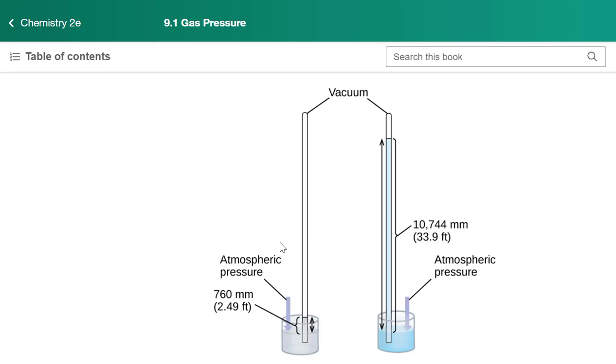So what's going to happen is that atmospheric pressure is going to push the liquid up into that glass tube. And the distance that it goes into that glass tube is something we can measure as a measure of pressure. So we measure how high it went. We're showing two examples here of barometers, one using mercury. With mercury, because it is so dense, we can measure that distance as 760 millimeters.